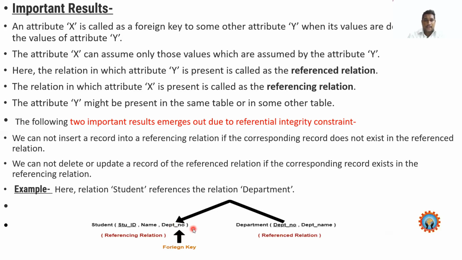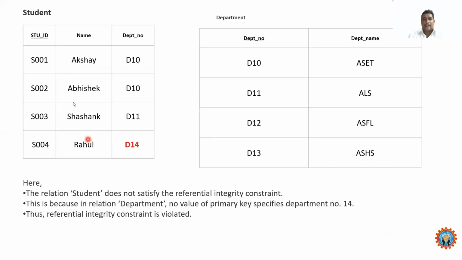Okay, next. See, this is the example. Now what we discussed, department number is a primary key attribute. I hope you understand. So the value should be atomic. If this is the data in a foreign key relation, then it is a normal attribute, so there will be duplication of data. So if you have D10, there will be two D10 with two persons. This is a primary key attribute, S01 and S02.